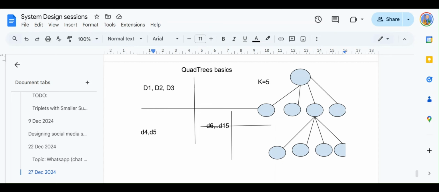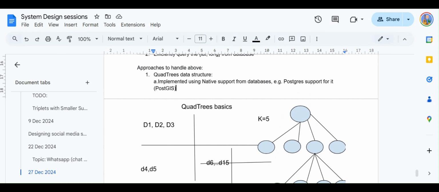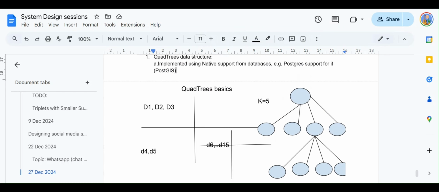Using that, it stores those geospatial locations into Redis. We call this concept geohashing with respect to Redis.